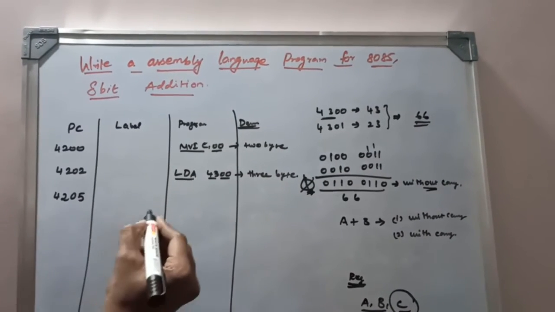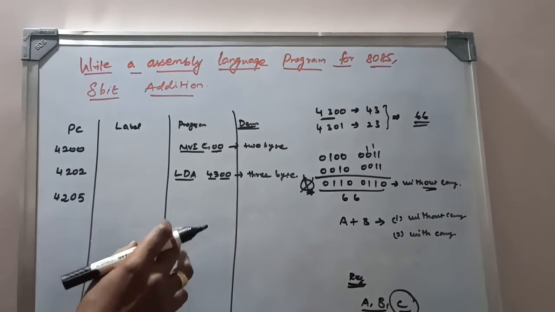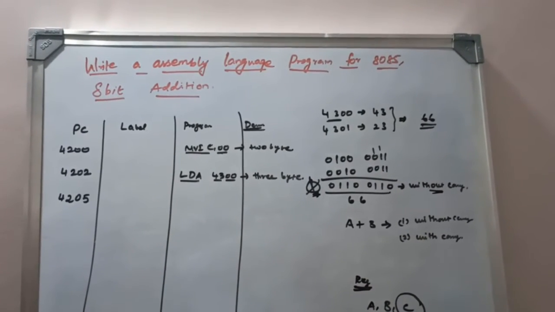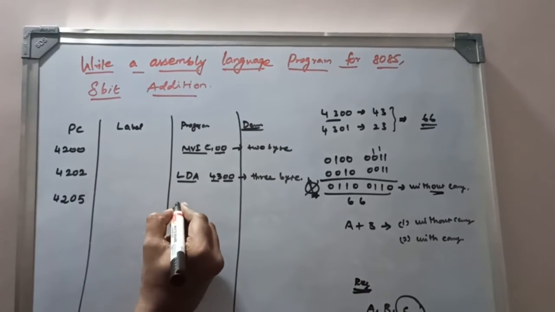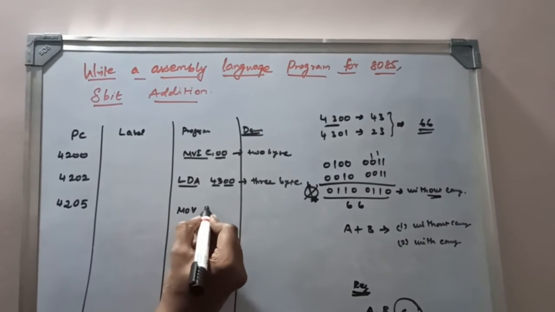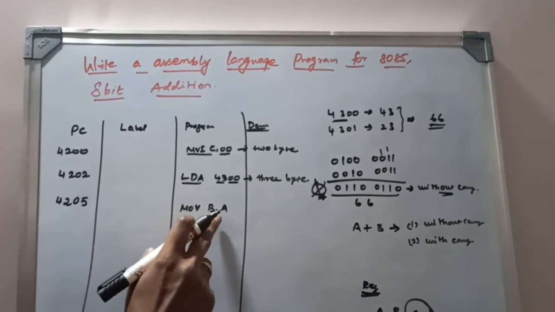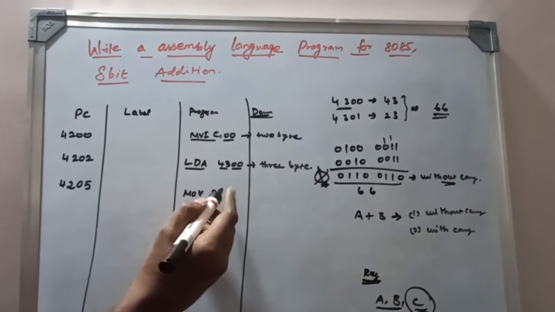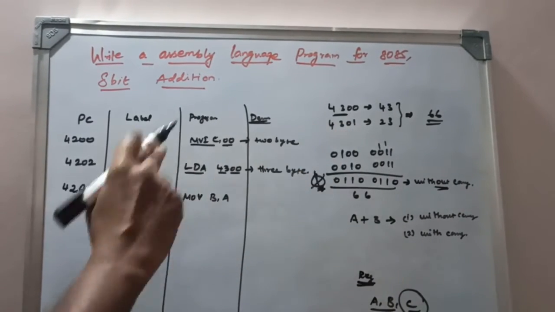So in this location, you are just transferring the content from the accumulator to some other register, because in the 8085 microprocessor the accumulator is one way to get the data. Whatever functions you perform, the data comes through the accumulator only. So you already have a value in the accumulator, and that accumulator value is transferred to some other register. So MOV B, A. Whatever value is present in the accumulator, that value is transferred to the B register. Then only you can get the second data from the memory location 4301. That value is transferred to the accumulator.